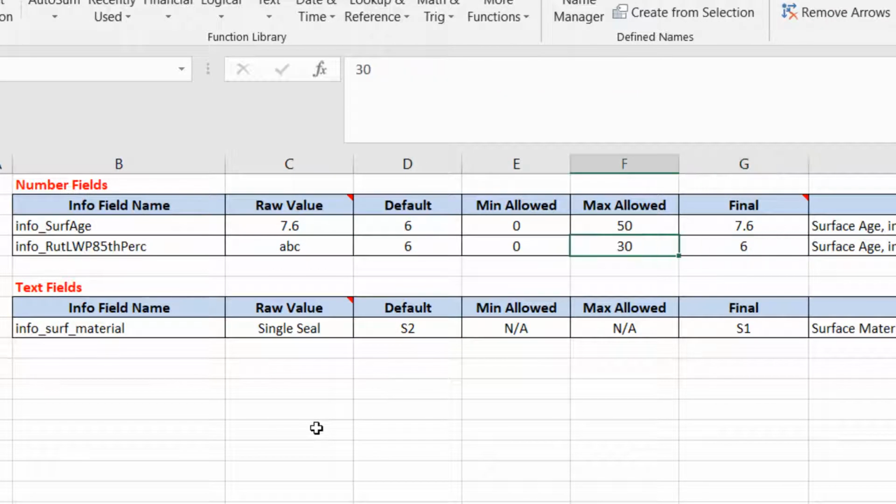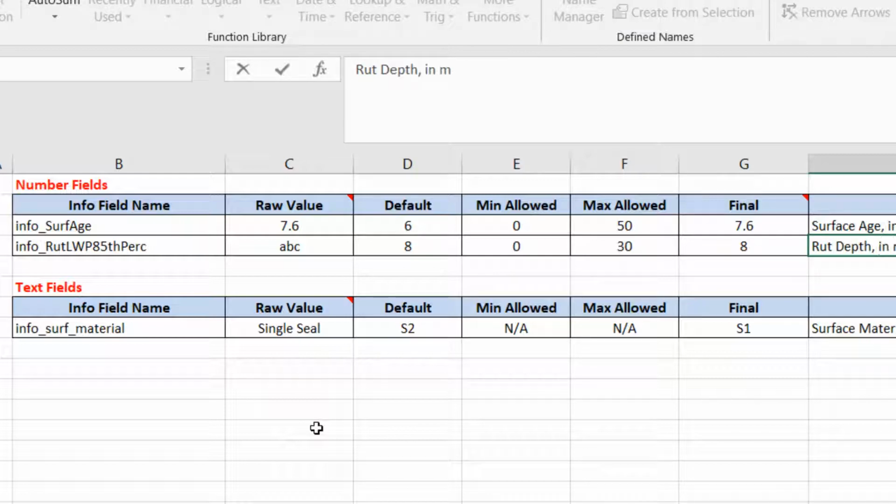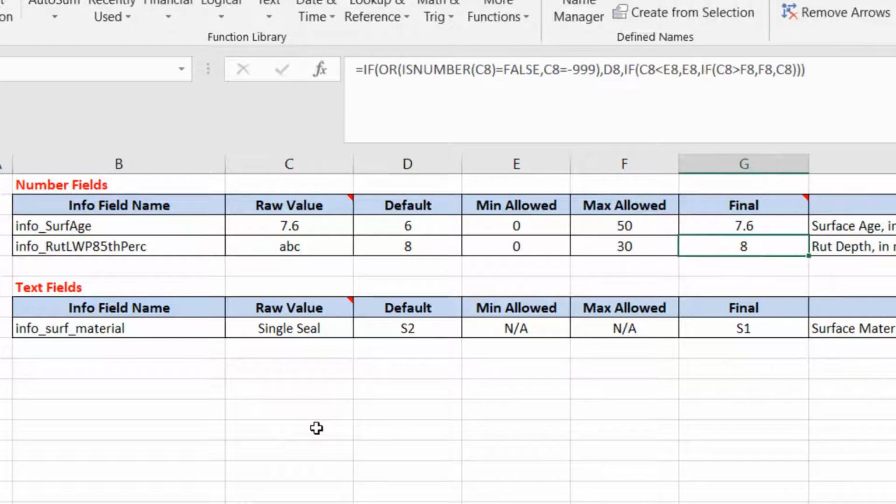in column G. So the default rut depth, I'm going to say, let's make it 8 millimeter rut depth. And I'm just going to put a comment in here. This is the rut depth in millimeter. Now the one other thing that I need to do is this finalized cleansed value for that is being extracted